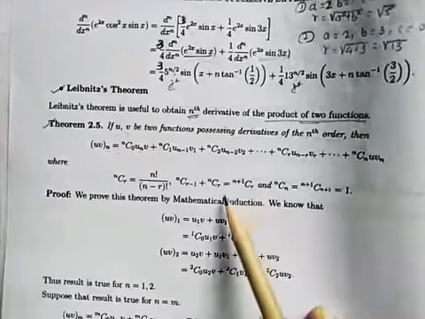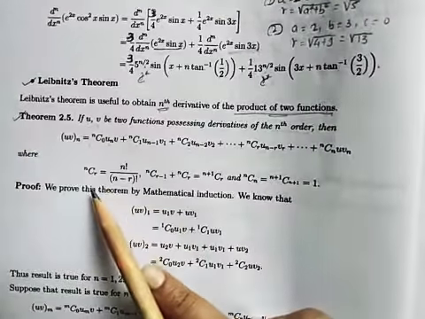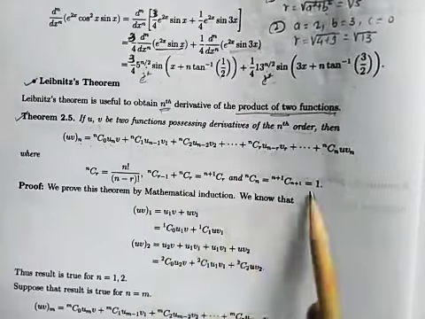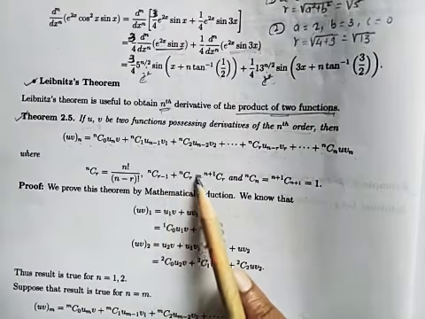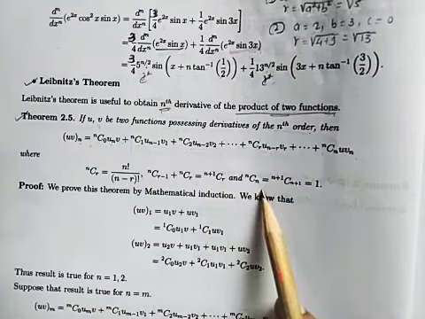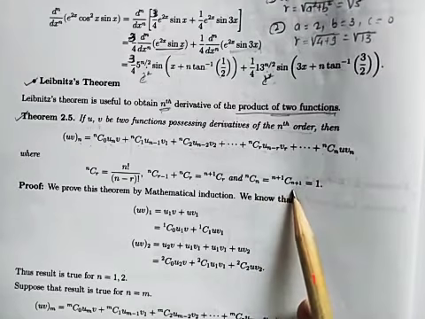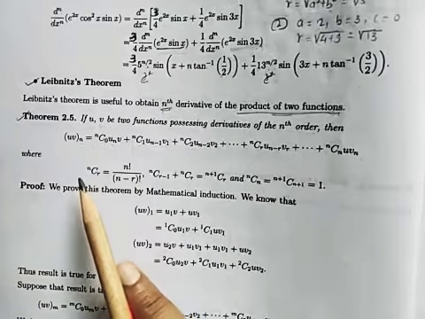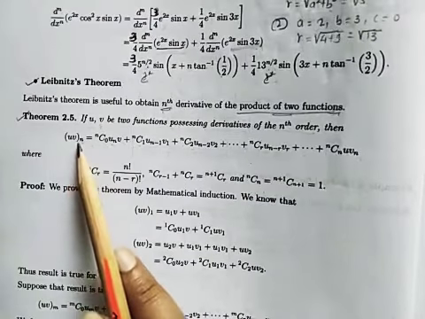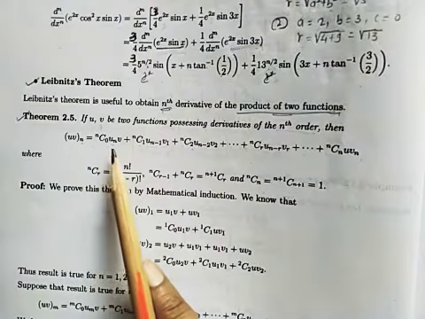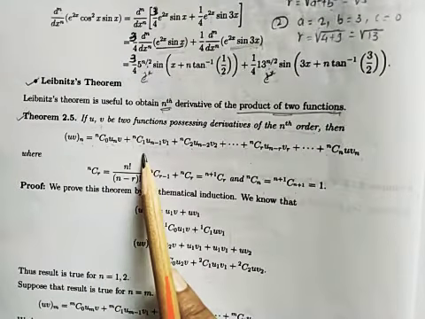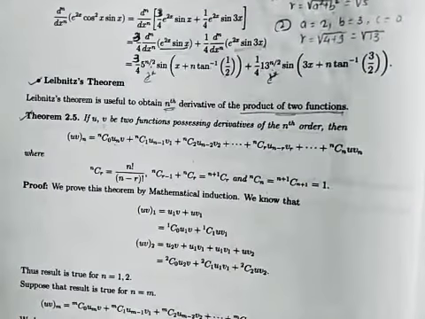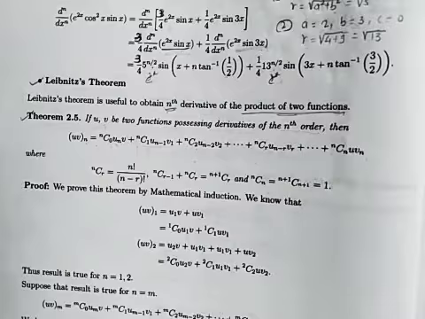Okay. Now here what is nCr? n combination r. We know it is n factorial upon (n minus r) factorial. Again we know this formula: nC(r-1) plus nCr is (n+1)Cr, and nCn is the same as (n+1)C(n+1), which is equal to 1. Okay. So let us solve the examples of Leibniz theorem. (u v) nth derivative is equal to nC0 u_n v plus nC1 u_(n-1) v_1 plus nC2 u_(n-2) v_2 plus dot dot dot, like this. Now let us solve examples.